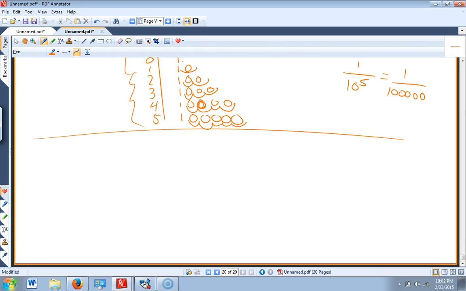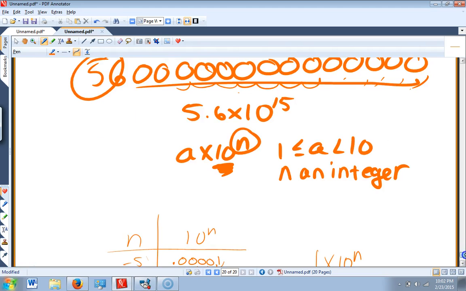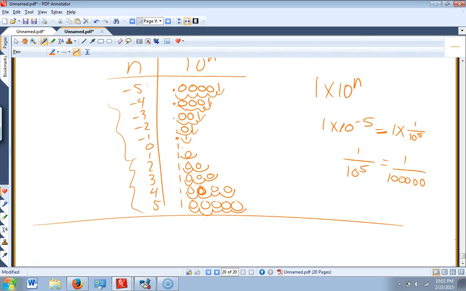Anyway, so we've made a little chart, right? This is just a quick reference in case you don't feel like counting zeros, but we can see how that exponent n is going to affect how many zeros we have. So let's say we want to write this number